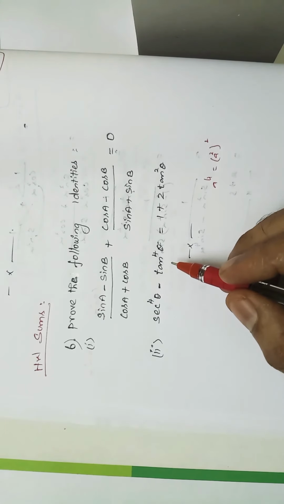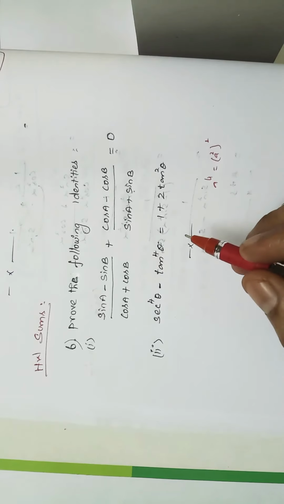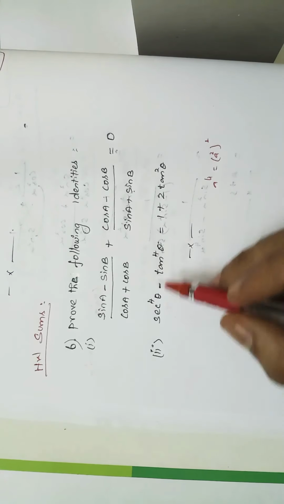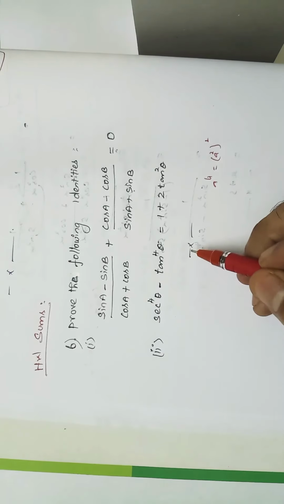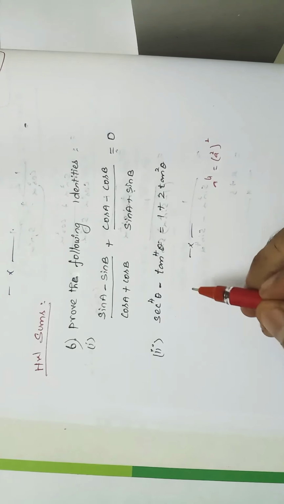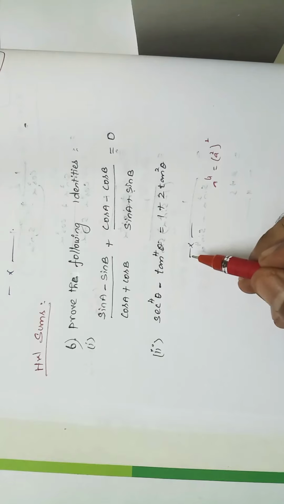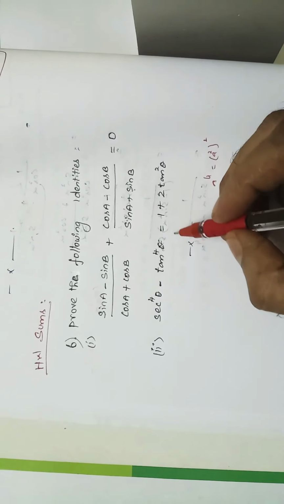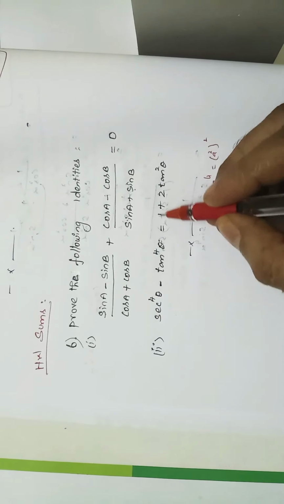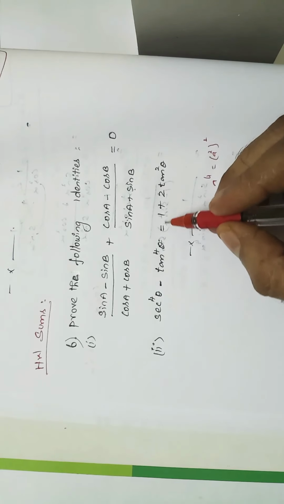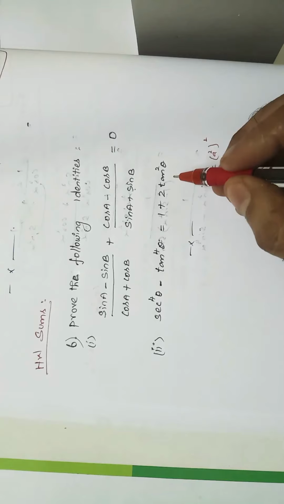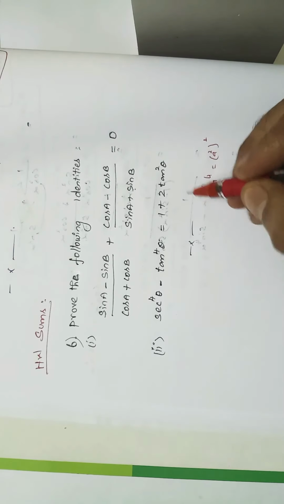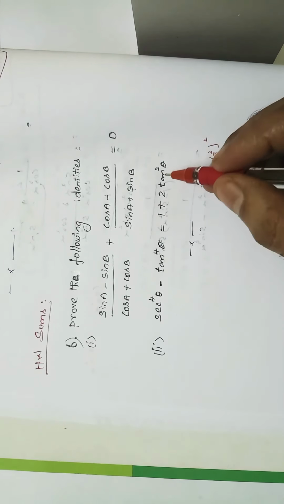What formula? a square minus b square is equal to a plus b into a minus b. That is sec square theta minus tan square theta into sec square theta plus tan square theta, right? Already we know the identity, just apply it. Sec square theta minus tan square theta is equal to 1. So we get it in terms of sec square theta plus tan square theta. See, what is the RHS we are having? 1 plus 2 tan square theta we have to prove. So convert that sec square theta in terms of tan square and simplify, and you will get the RHS.